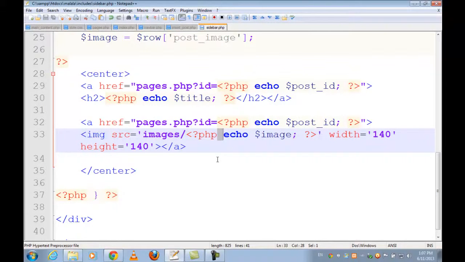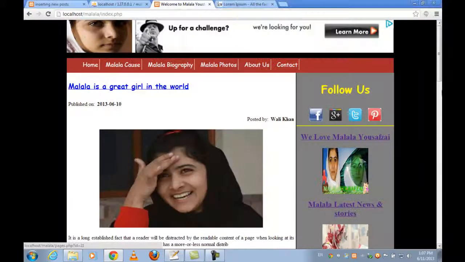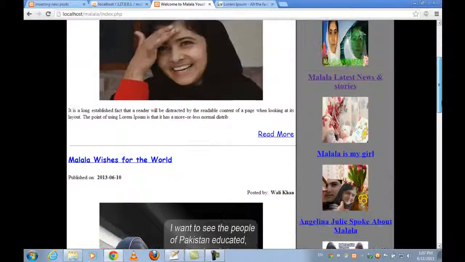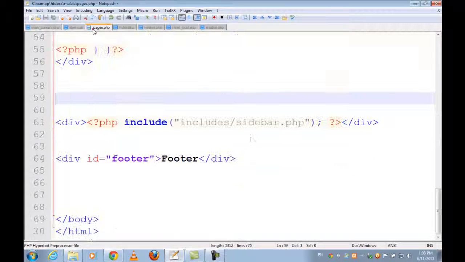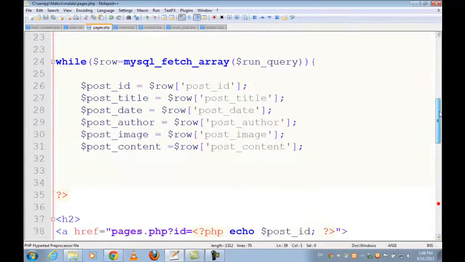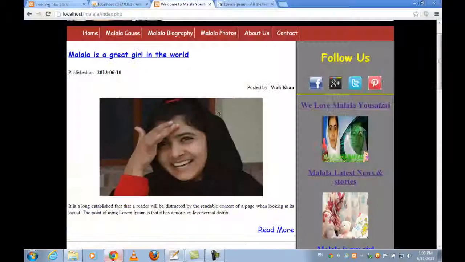So the while loop will be working 5 times, and that's in front of you here. You can see the data is in front of you inside the sidebar, and whenever you click this image or this title, the page will be opening here on the main pages, because the ID will be transferred to pages.php where we have already done the work for ID. So you can see get ID. So whenever someone clicks this title or this read more link,